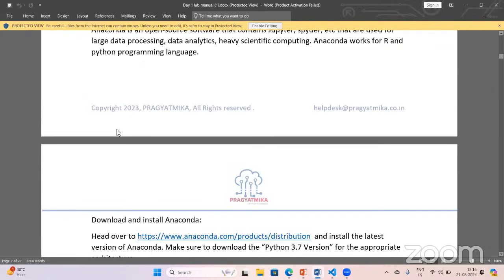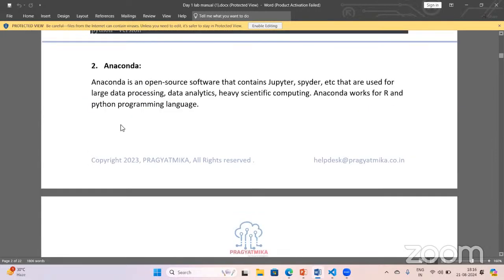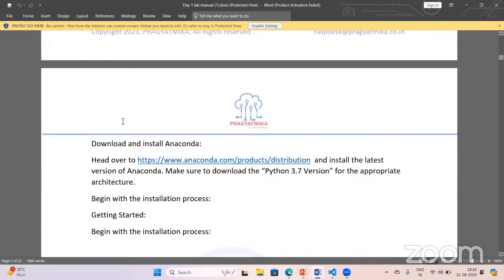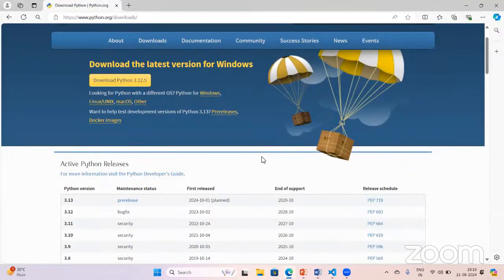Then after that, you need to install Anaconda. To install Anaconda, just go to anaconda.com, products, distribution. Just go to the link. You need to go to anaconda.com. Then after that,